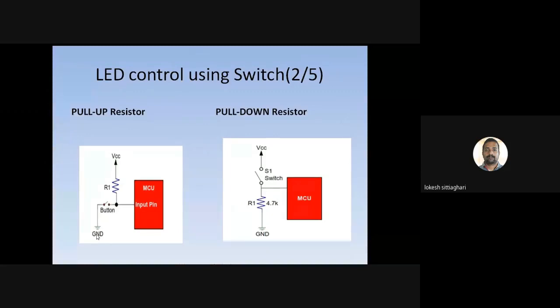So opening the switch is logic 1 and closing the switch is logic 0 for the pull up resistor. It's the opposite for the pull down resistor. That's how pull up and pull down resistors work. We need to select this logic, whether we go for pull up or pull down, and using one register we select that.